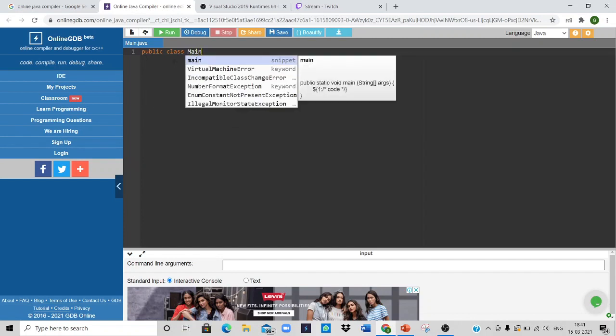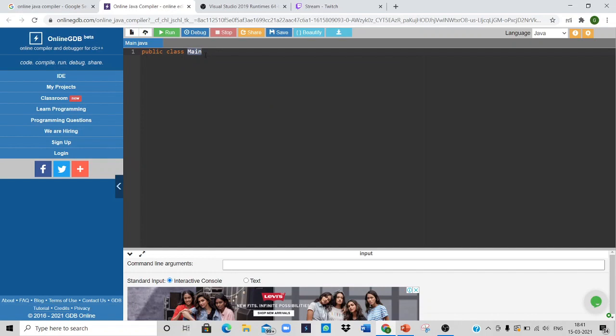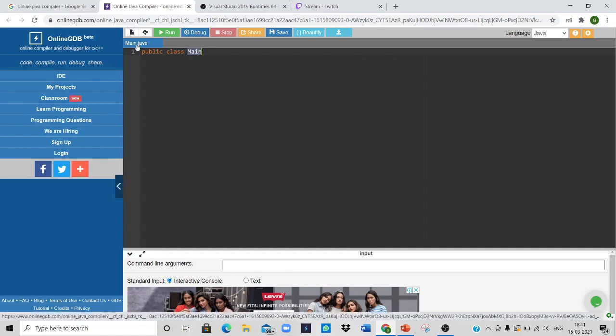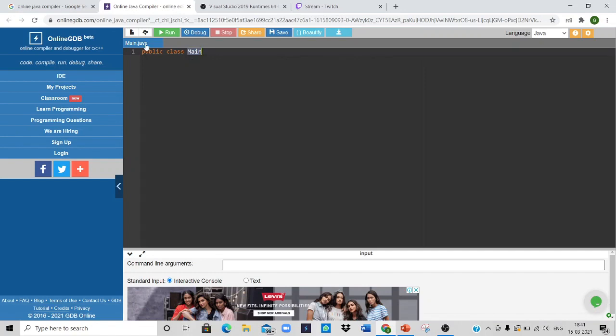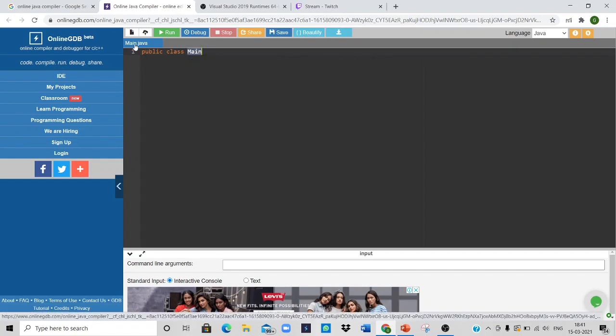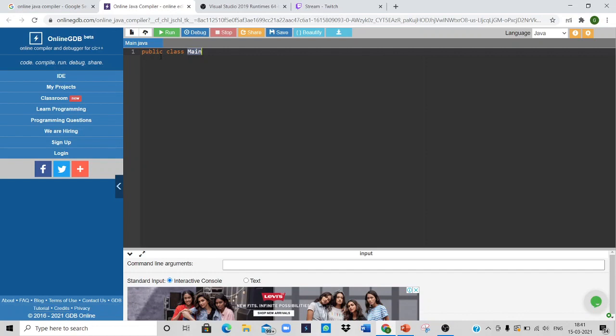As I already told you, the name of the main class should be equal to the Java file name. So if we have a Java file called Main.java, inside of it we're going to do a project. Inside of that file, if you open any main class, the name should be equal to the file name. That's why I'm giving the name as Main. Inside of the main class, I've opened a parenthesis. Inside of the parenthesis, I'm opening the main method.